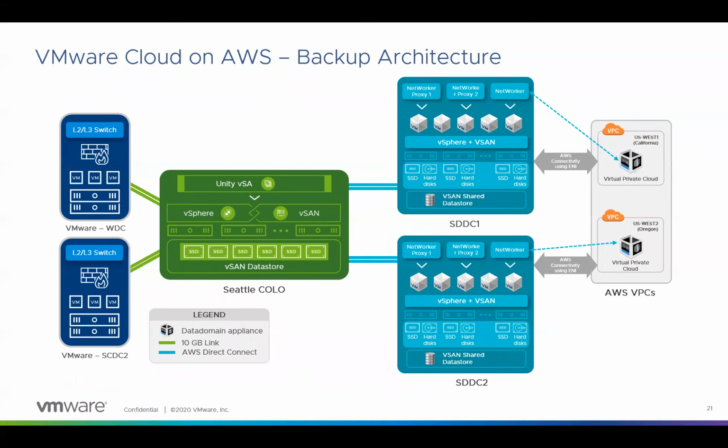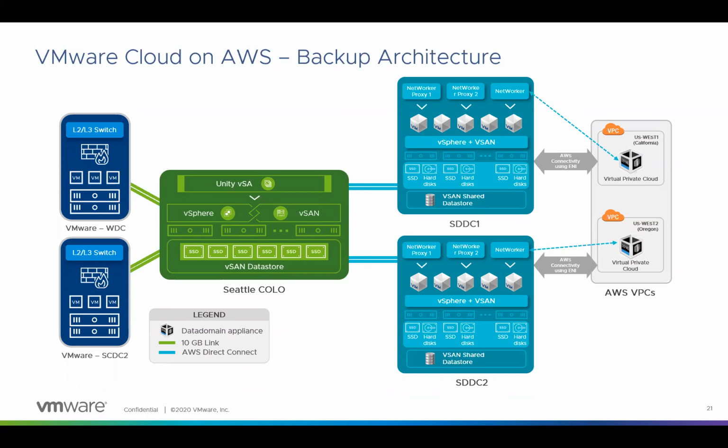and the connectivity is established using something called ENI, or Elastic Network Interface. Elastic Network Interface provides a very high bandwidth, high throughput connection, so you can take your backups quickly. In this scenario, we are using Avamar, Networker and Data Domain solution to take the backups. You can see that the Networker proxies are deployed inside the SCDC, and the Data Domain is deployed inside the AWS native, and that's where we are taking the backups. So this is a high level logical architecture for the backup.